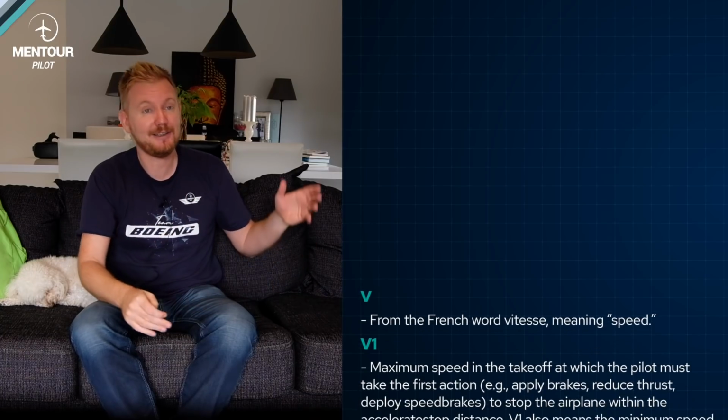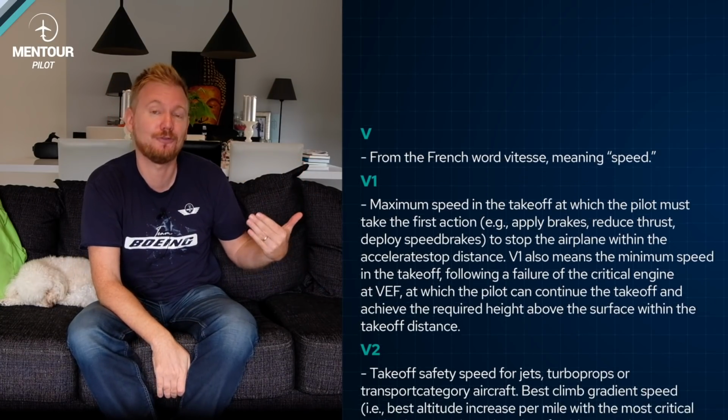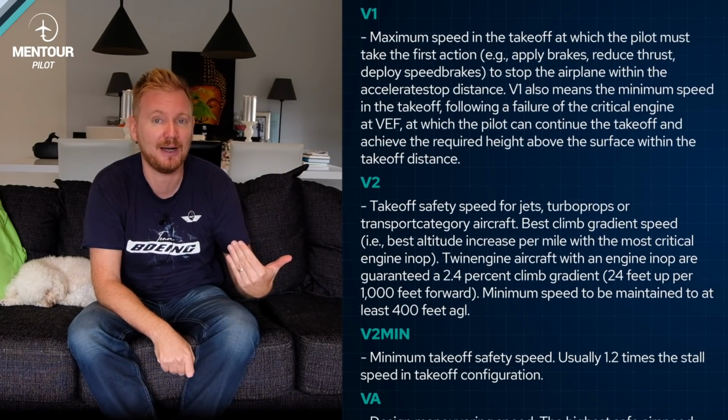But in fact, there are, like I was saying in the beginning of the video, 46 different speeds. Now, I won't be explaining those 46 speeds for you, but I will have them scrolling here. And while they're scrolling here, and you can see all of these 46 beautiful speeds scrolling by,